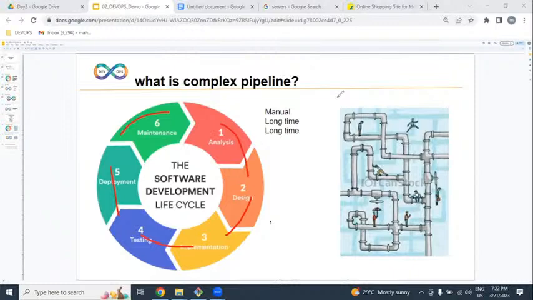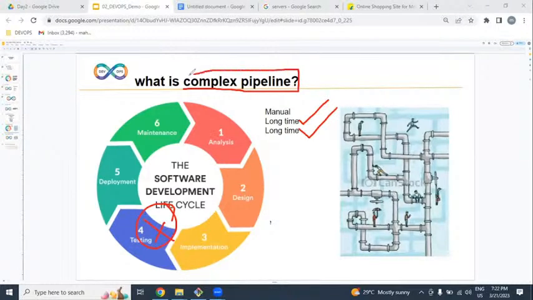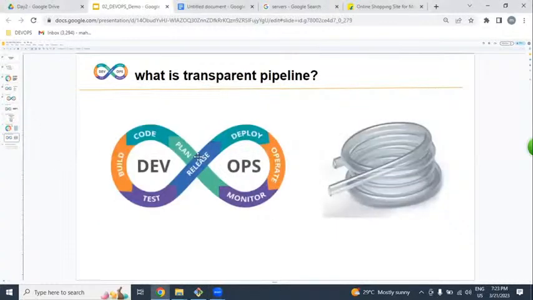if we get any issue or any problem in the middle, identification will take a long time. Resolving the issue will also take a long time. That's the reason we call it a complex pipeline, just like your water pipeline. But we are going to be replacing it with what?